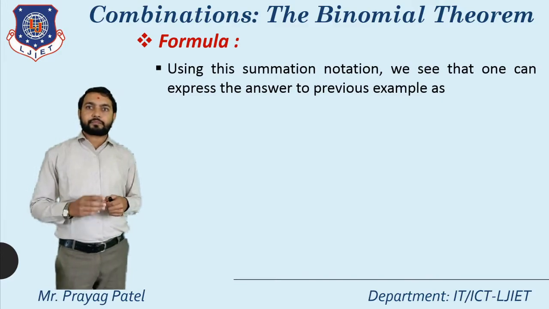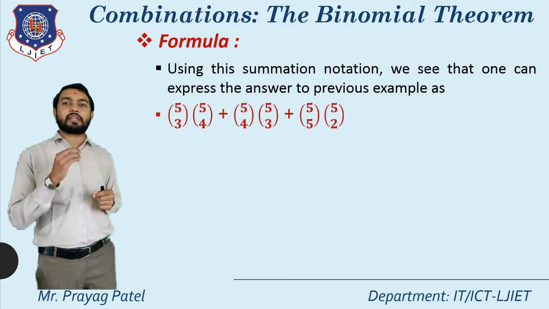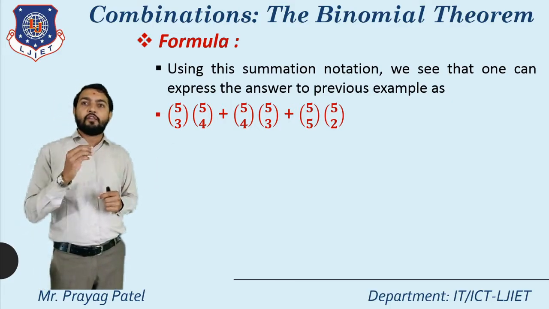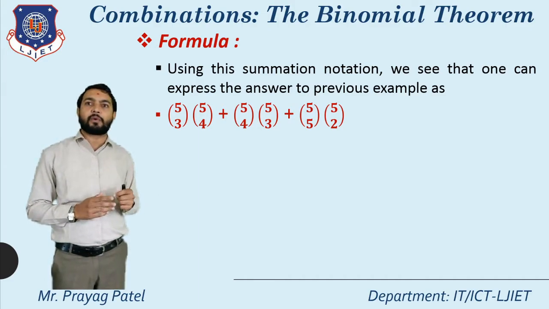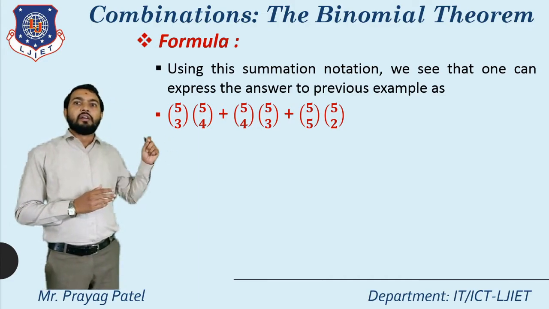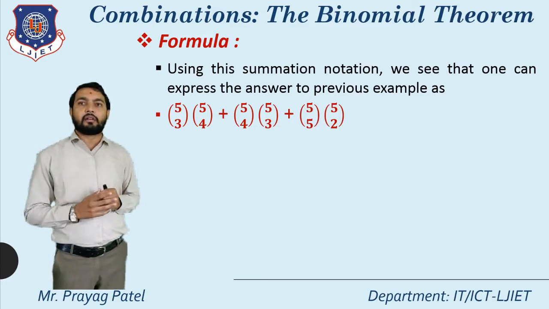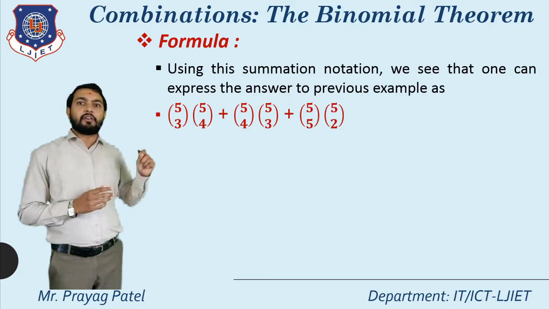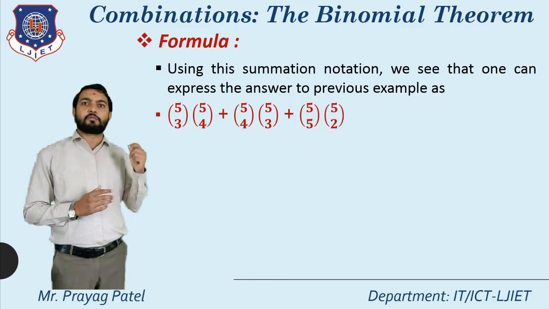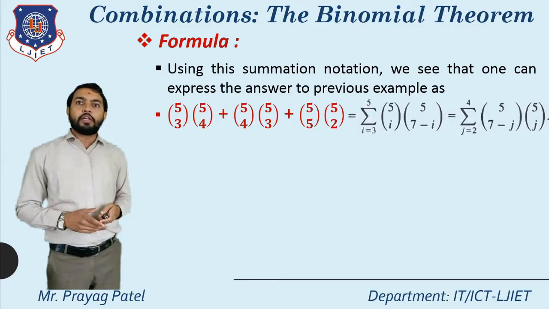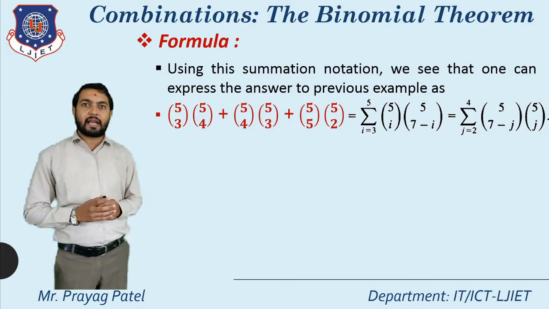Now after that, using this summation notation or these formulas, we can represent our previous example. In the previous video lecture, we already discussed one example of how we can select or give answers on a question paper. According to that, there are a total of 9 questions, and 7 answers are to be given from the available 10 questions. So according to this, our three cases are like this: C(5,3) C(5,4) plus C(5,4) C(5,3) plus C(5,5) C(5,2). Here in this case we represent this equation in a common form, using summation formulas like this: